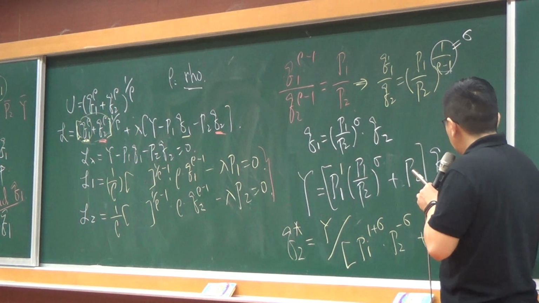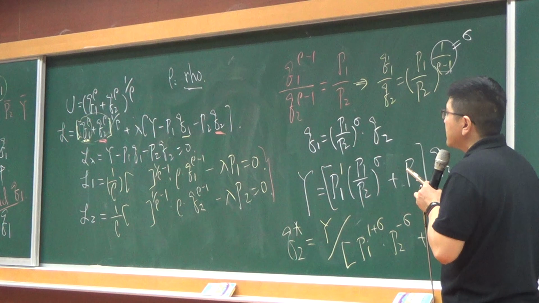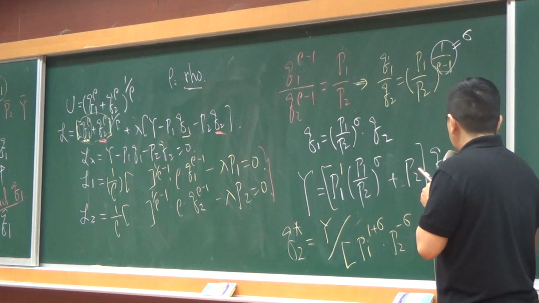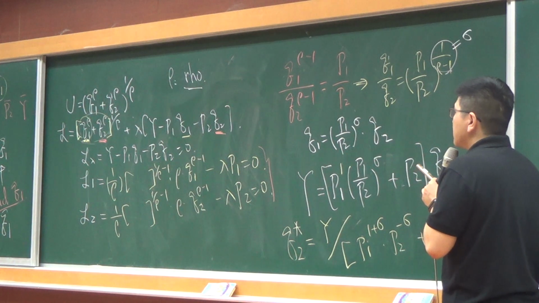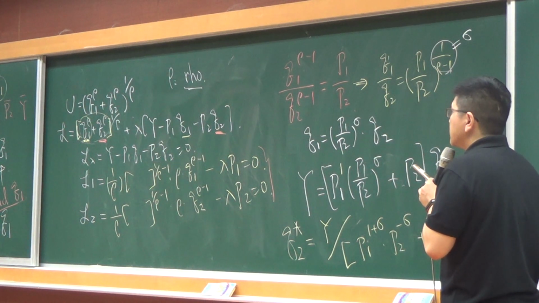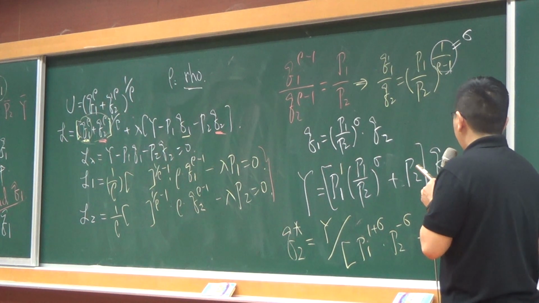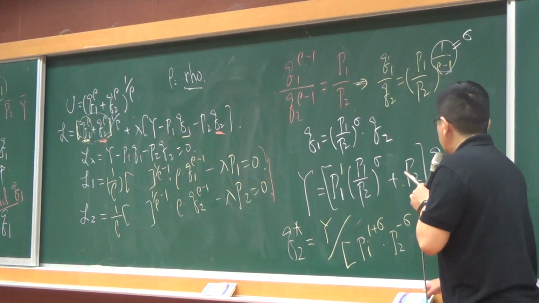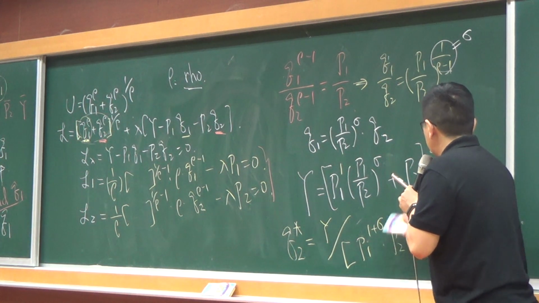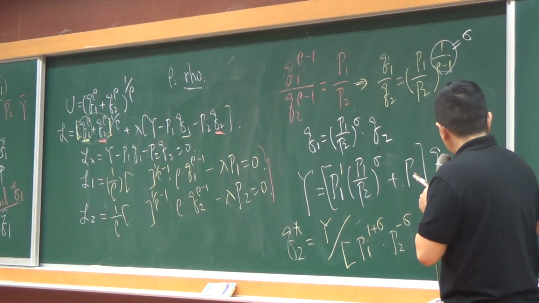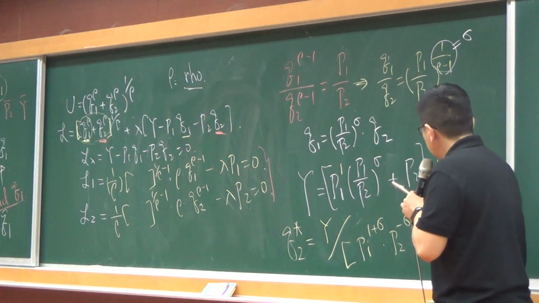Or let me see, we may do something here. What can we do? We may take this term out by P2 to the negative sigma, so we have